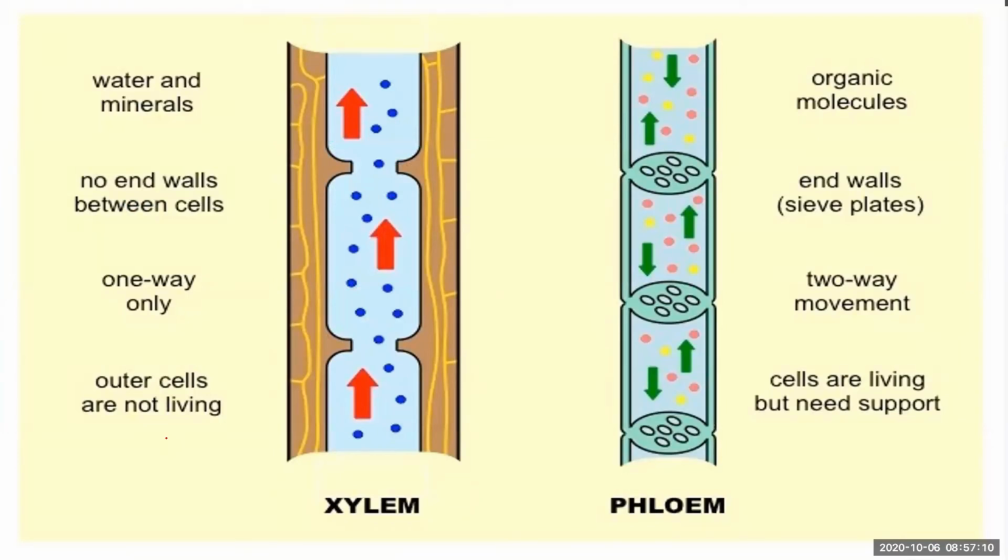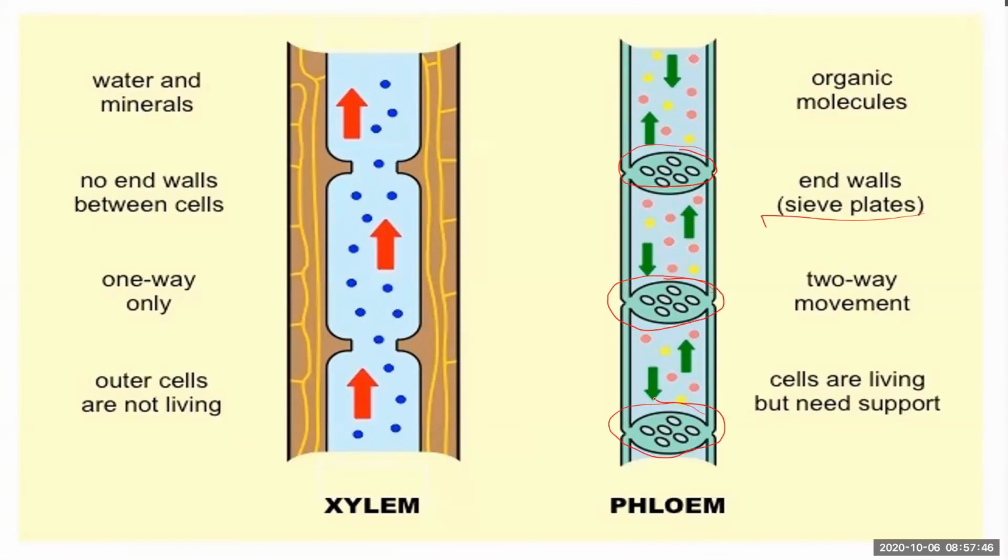Aside from that, one of their main differences is the presence of sieve plates. Sieve plates can only be found in phloem. What are sieve plates? These are the sieve plates. These sieve plates have pores, and their purpose is to regulate the movement of sugar. While xylem does not have